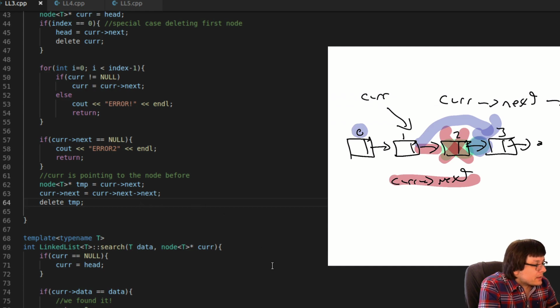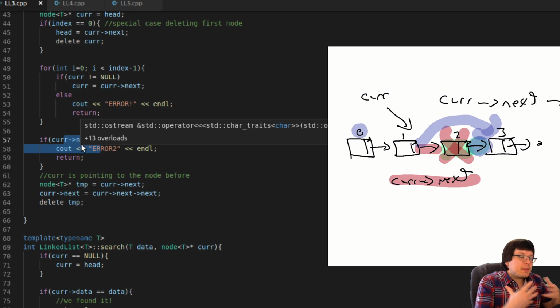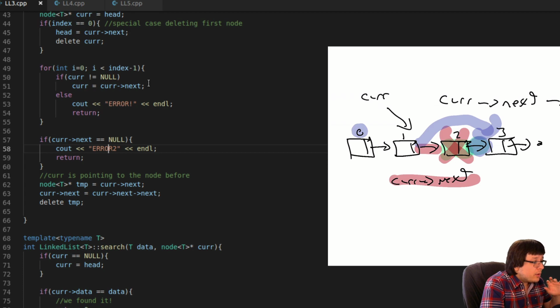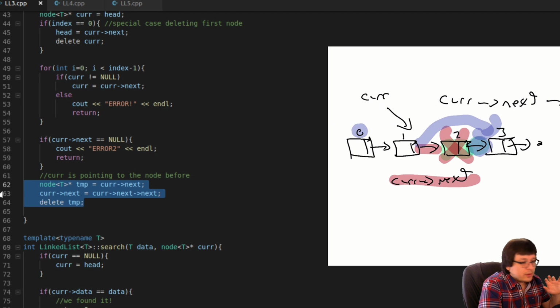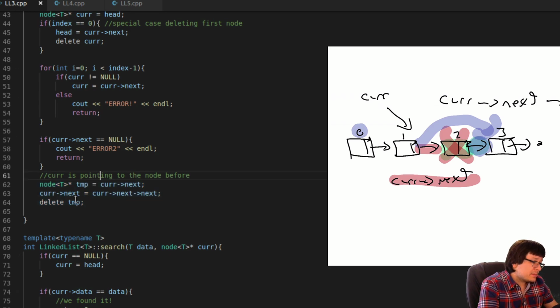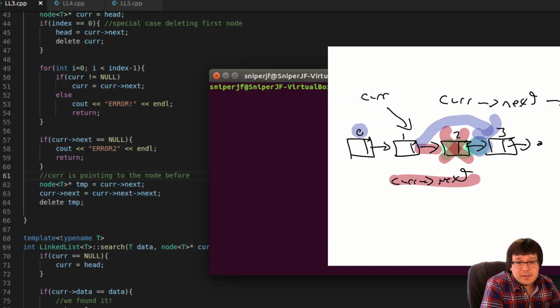So, I know that was a lot of talking, but it's always a good thing to think about the edge cases because of weird errors coming up. And in here, all of the edge cases are when the index is invalid. If the index is valid, we literally don't need any of this. We can get rid of all of this. All we need is this line of code inside a for loop, and then these 3 lines of code outside of the for loop. But everything else in there is error checking, which is always a good thing, just because it makes debugging easier.